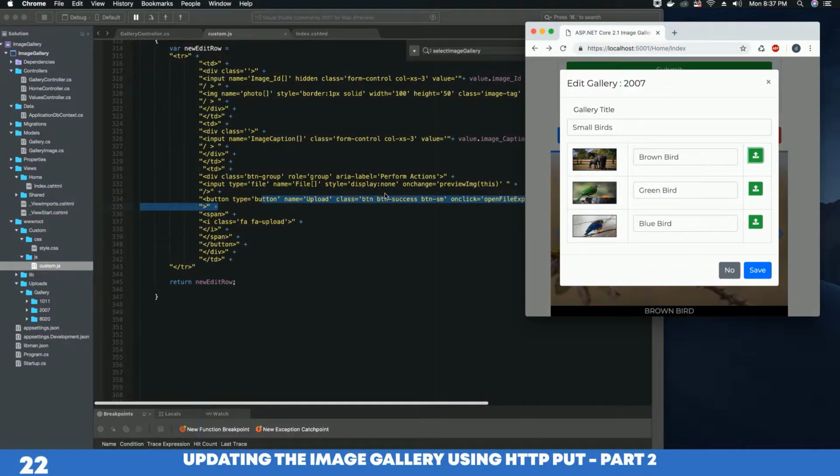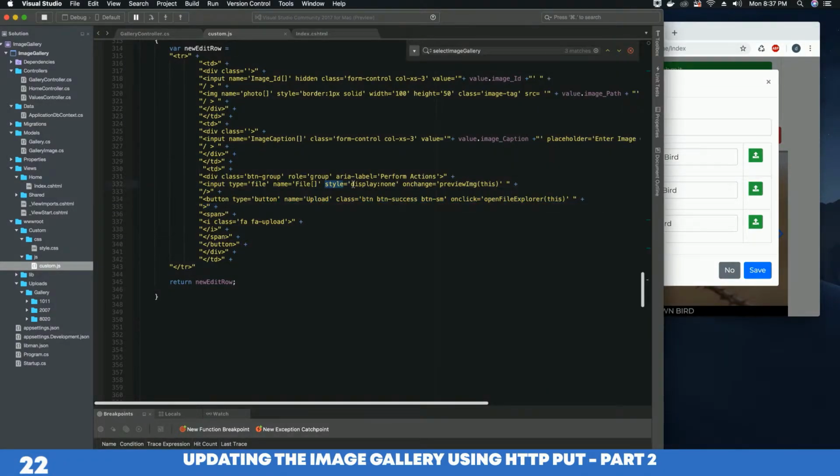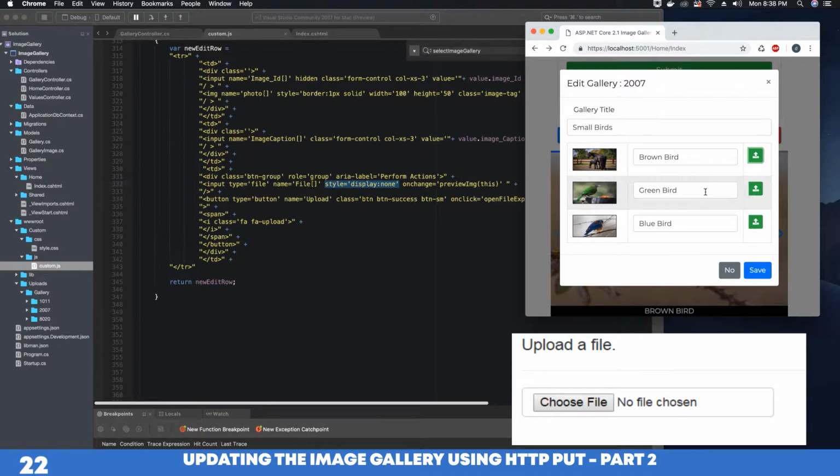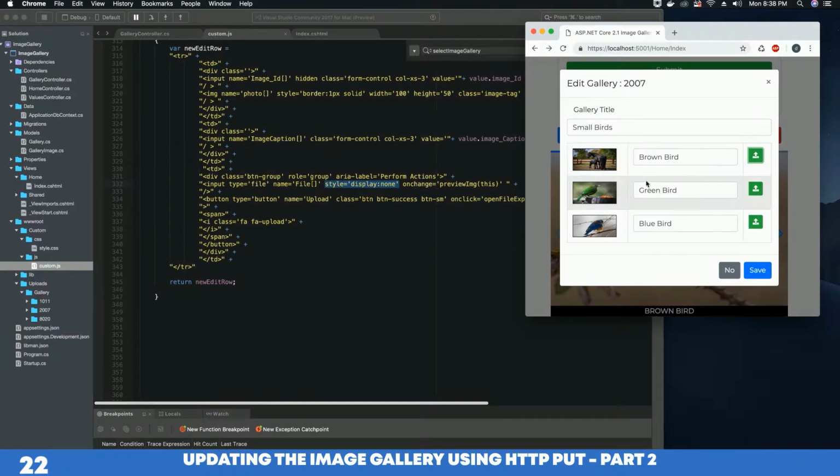But since in our case we have put a style attribute of display none, we cannot see the button here. It doesn't show you the button to select the image. We have added the button separately in the last column. Now when we click this button, it's not going to load the file explorer. It will load the file explorer only if you click the hidden choose file button. Therefore, we need to trigger this event to open the file explorer, and we can trigger it by clicking this button